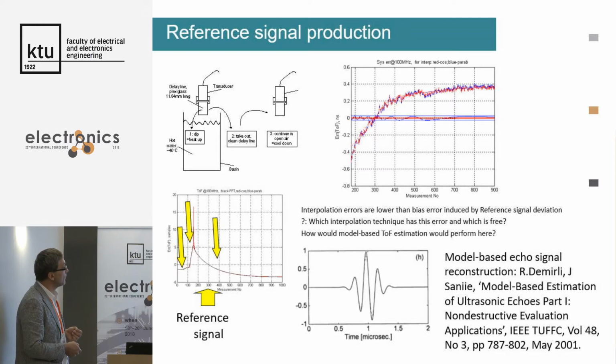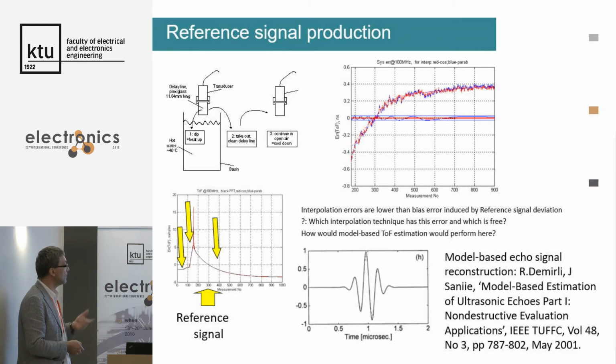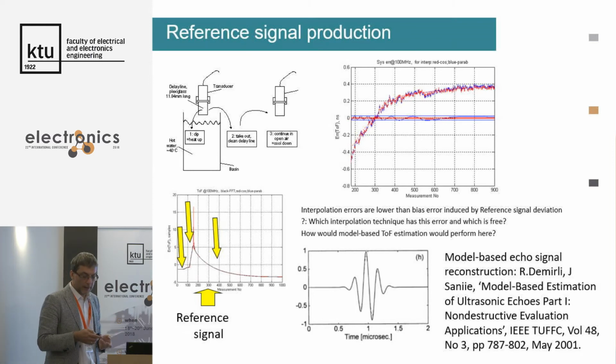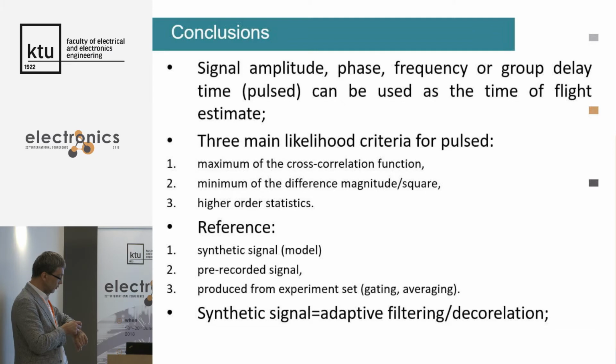Of course, then another essential problem is the reference signal, how to produce it. There are certain techniques, and one of them, proposed by Dangirutis and Sani, is model based. This one, proposed by Sani, uses a Gaussian envelope with a sinusoid inside, so it is a Gabor function. But nowadays, plenty of functions have been proposed to do so-called blind deconvolution, when you don't need the reference signal, you are just making the reference signal yourself. And to conclude,